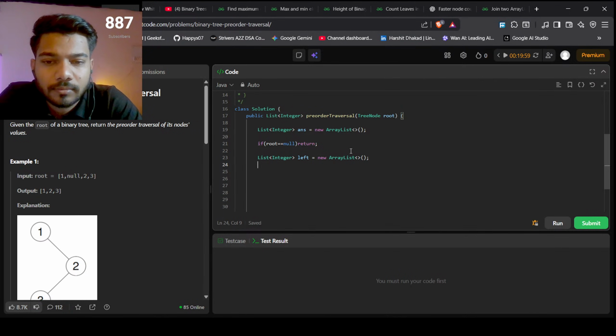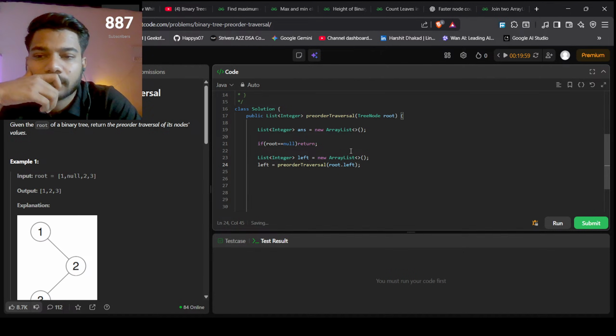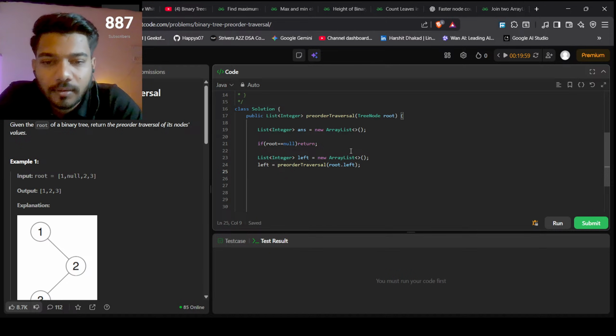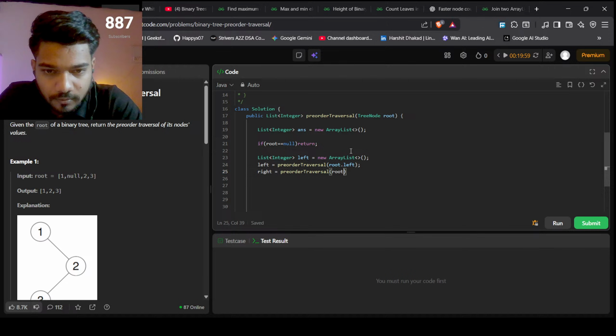And left is equal to pre-order traversal for root.left, and right will be equal to pre-order traversal of root.right,